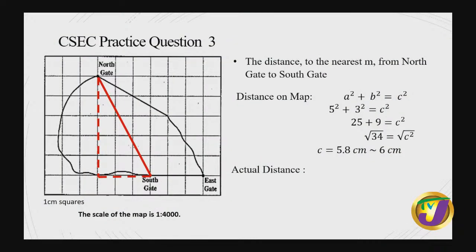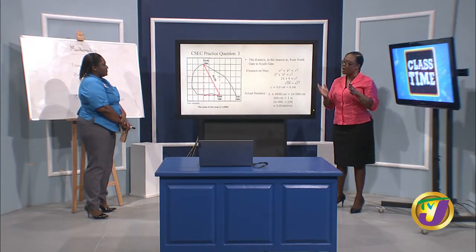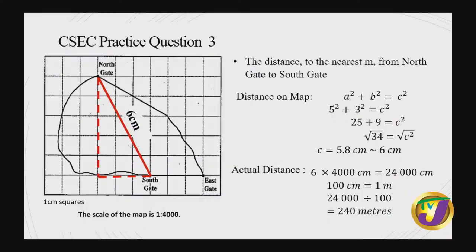But are we finished in our calculations? Have we done what the question has asked us to do? No. It wanted the actual distance, in meters. So just as we would have done before, we know what the scale says: for every 1 centimeter, we have 4,000 centimeters. We do that computation. So it is 6, representing the distance after our calculations,